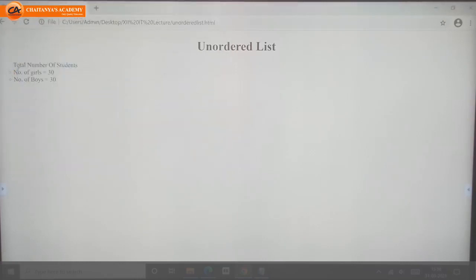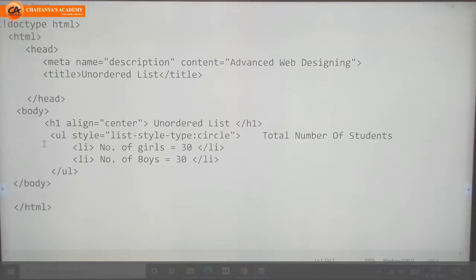See here, there is a list. We can see this is the list, but it is not ordered or numbered, it is symbolically ordered, meaning an unordered list. For this purpose we need to use the UL tag. In the UL tag, we need to use style as an attribute.